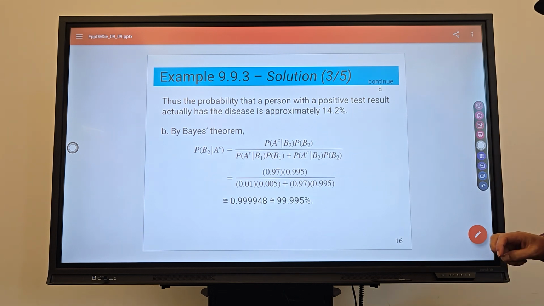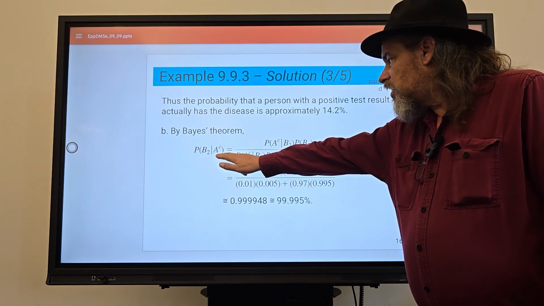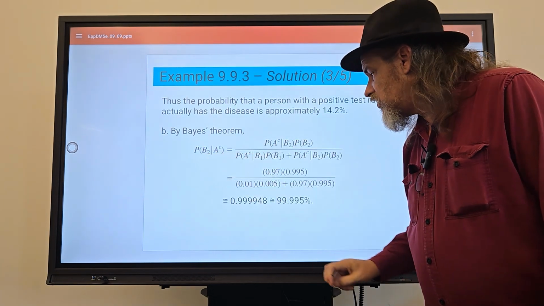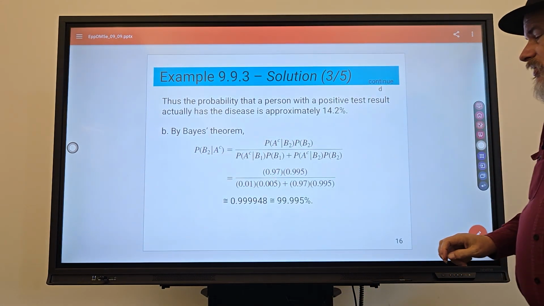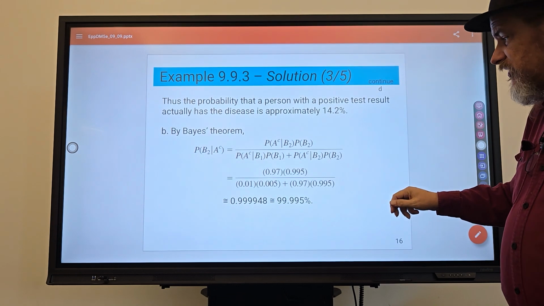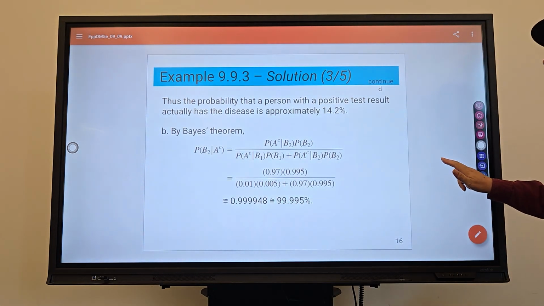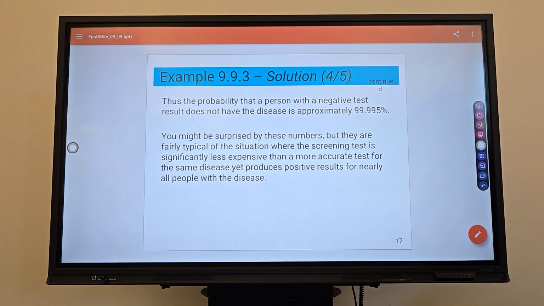Likewise, if they test negative for the disease and they actually don't have the disease, the odds of that being the case are 99.995%. Or, a person with a negative test does not have the disease with probability